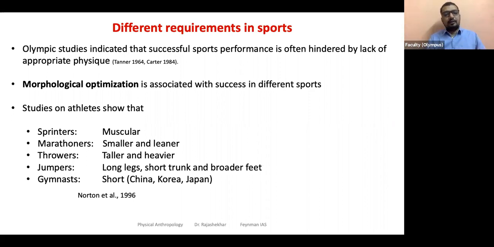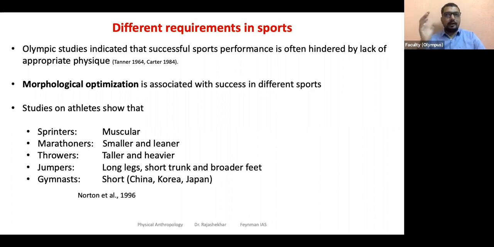So during the selection process for a particular sport, let's say you are selecting people for long jumpers, for example, you choose whether they have long legs, you look at the body proportion. Okay, then provide the training. Because we cannot change the genetic components, you choose those people who have those features, so that with training they can perform better, right? In various sports, that is what they normally do. So initial selection should be based on what genetic potential they have, plus training afterwards. Together we can expect the optimal performance.